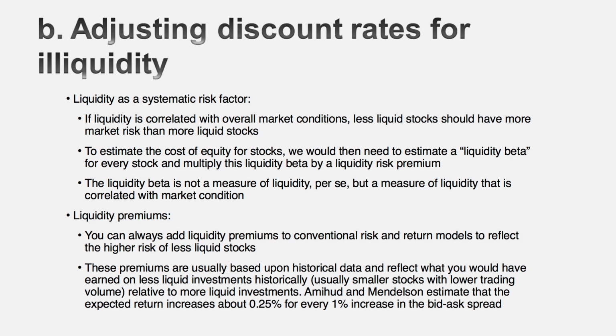So what you more often see is the second approach, where you try to push up the discount rate based on past data. What do I mean by that? You look back over the last 15, 20, 25 years, and you look to see how much higher returns have been on illiquid investments versus liquid investments. Let's say they've been 2% higher. You add 2% on to your cost of capital, and you move on. It's not sophisticated, but it does get the job done. But either way, you're adjusting value down for more illiquid assets.